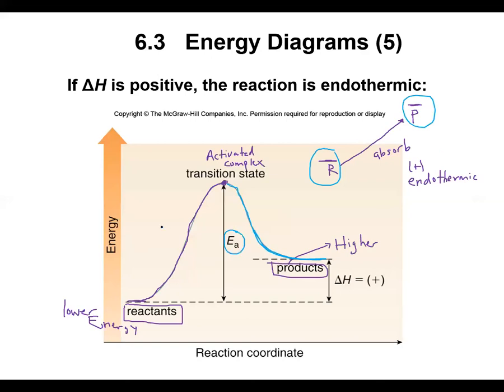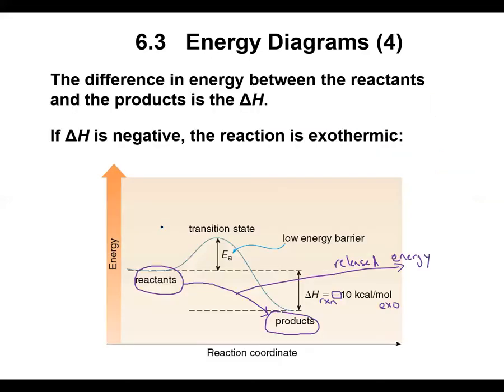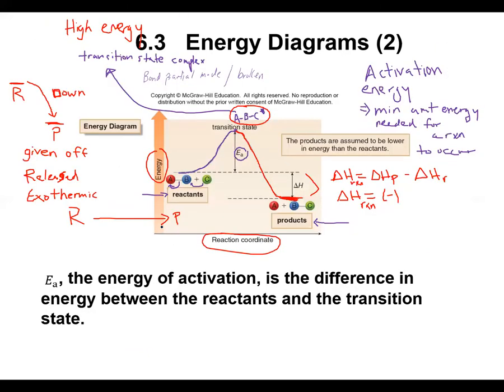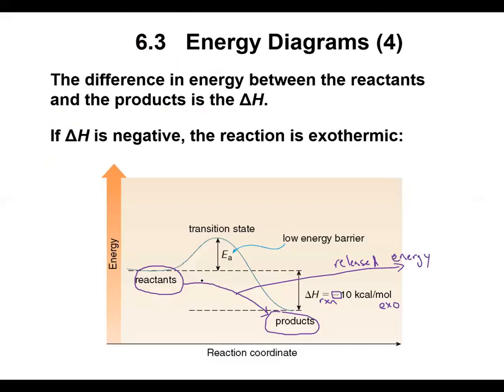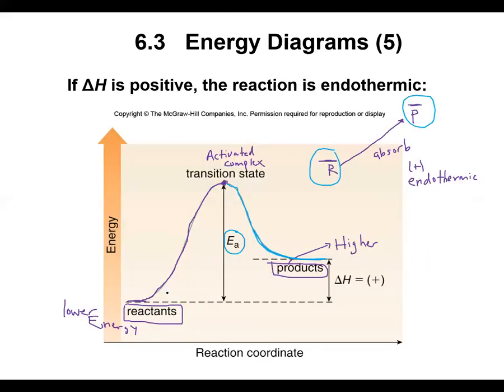So for example, let's go back to that first one. Here in our exothermic reaction, this is our activation energy in terms of this hill. When we look at our endothermic process, this is our hill from our reactants to the top of the hill, and that's our activation energy. And that is typically what you will see when you compare your